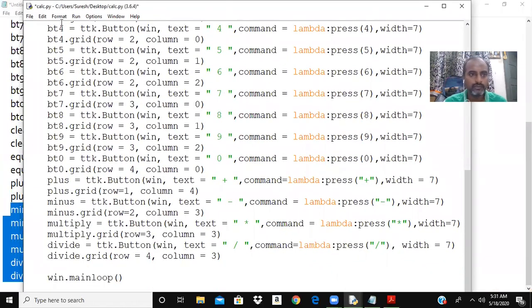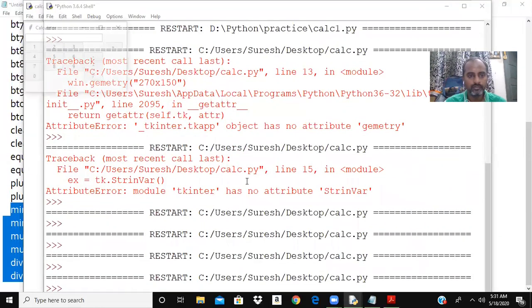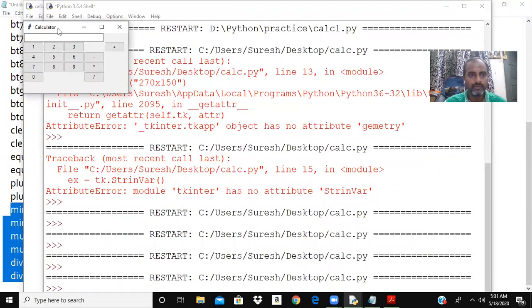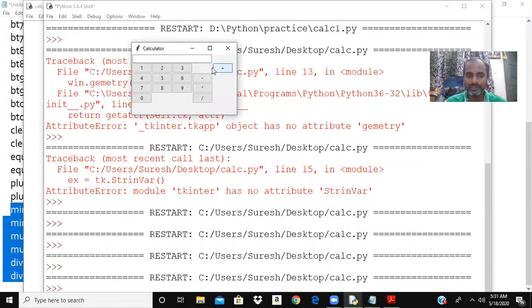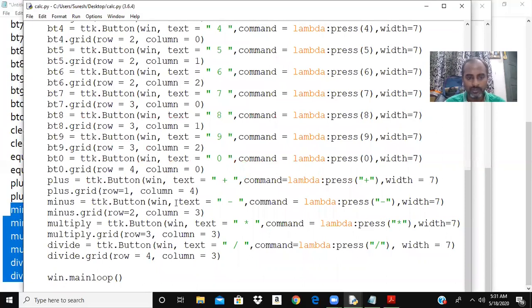Now I got different things. Let me run this. Okay, you can see that plus is going right. We will see why, and then all the other things. Okay, I need equal to and clear, 2 more buttons, and let me see what is happening to the plus. Column 4, let me give the column as 3. Run.